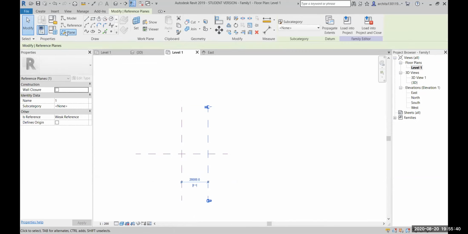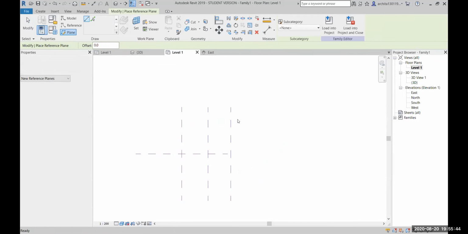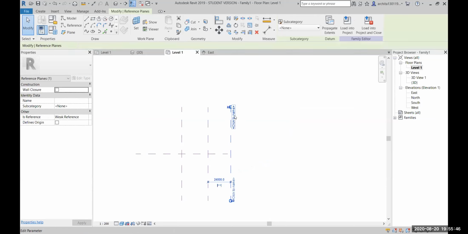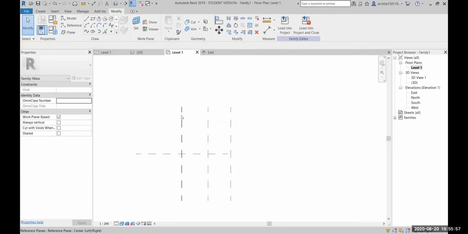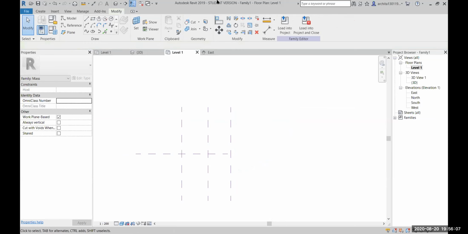All right, then again I go to reference plane. Then click name. You can name your reference plane basically. I'm trying to name my reference plane. So this is 1, this is 2. And this is already there, center, left to right. Okay. So these are the 3 reference planes which are there in my screen. And then this is the one in another direction, front, back. Now what I have to do is,